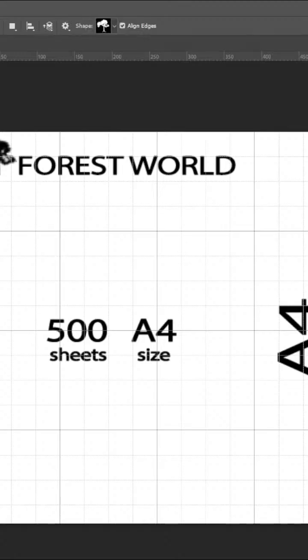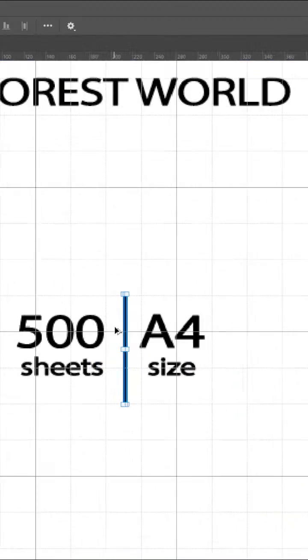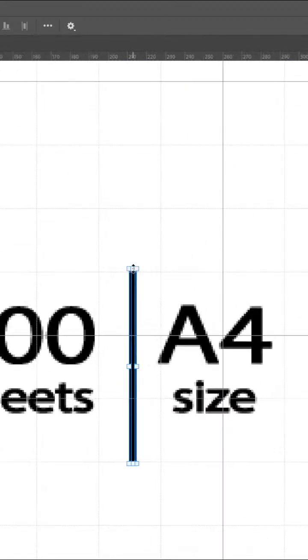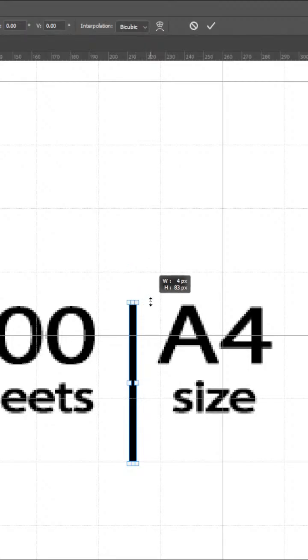So we're now going to just do a line. We'll make it, oh, no stroke, sorry. So we're just going to make a line. Make it 2 pixel thickness. And then we will scale that down so it's kind of